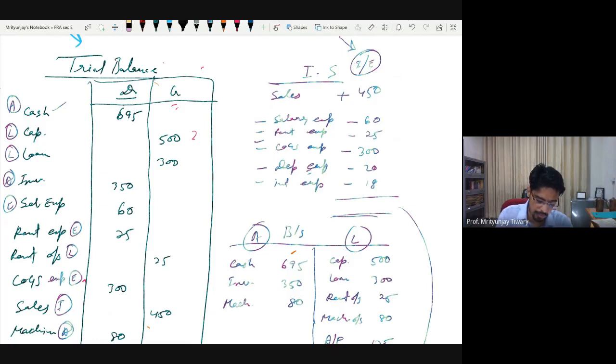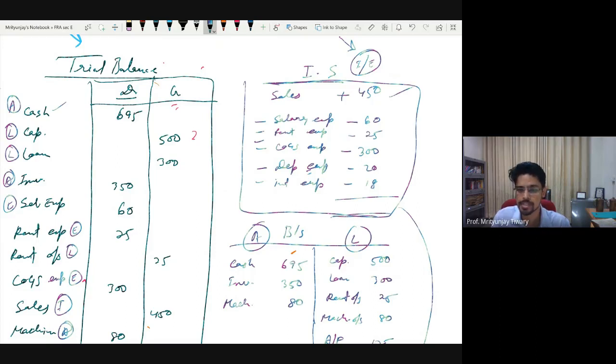And now if somebody gives you this statement, you can take decisions based on this. Now you can compare your sale versus previous year's sale, is it improving? Compared to this sale, how much salary you are spending? You can compare your performance with your peers. Similarly, are you paying too much rent or too little rent? What is your cost of goods sold? What is your depreciation? Are you paying too much interest or too little interest? How are you performing? All these things are possible only because we have reasons as well as the amounts.